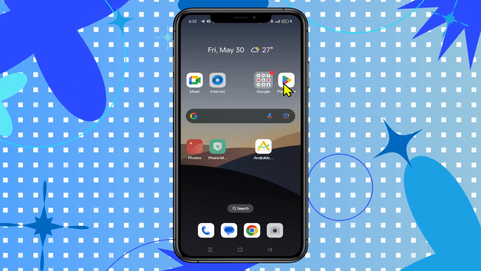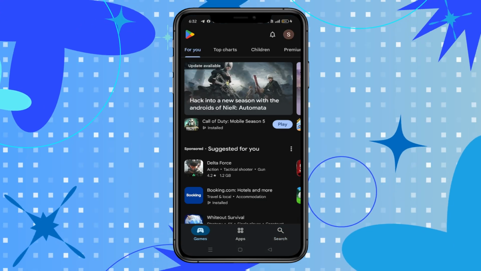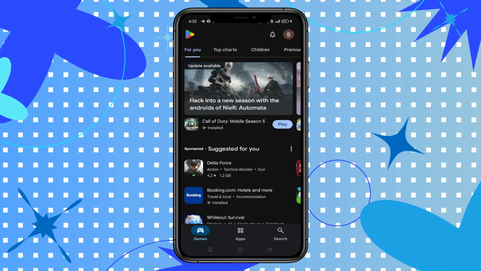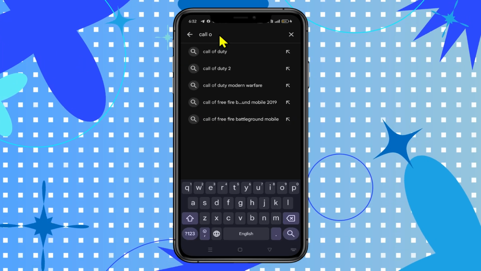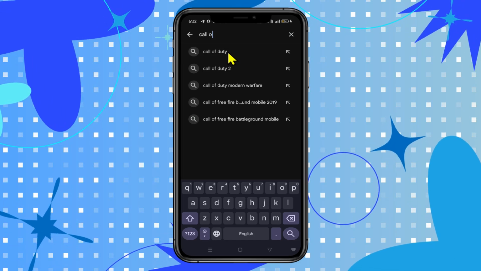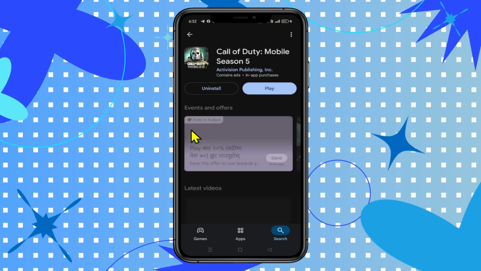First of all, open up the iOS App Store or the Google Play Store depending on your device. And once you open it up, you will be taken into the home page. From here, just tap on the search button and then type in Call of Duty and start your search. Once you find the Call of Duty mobile game, go ahead and tap on it and you will see the